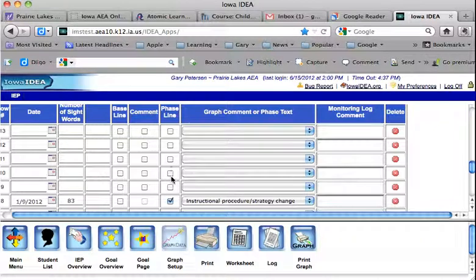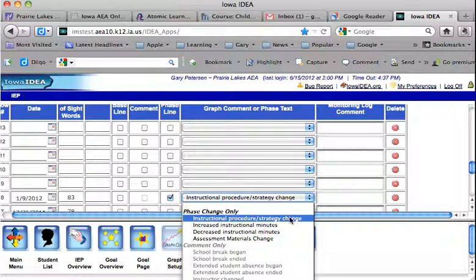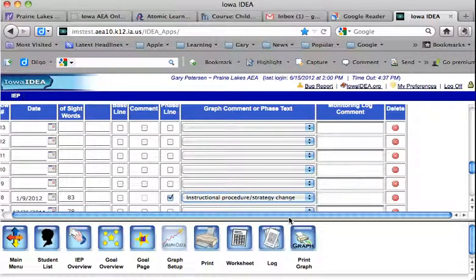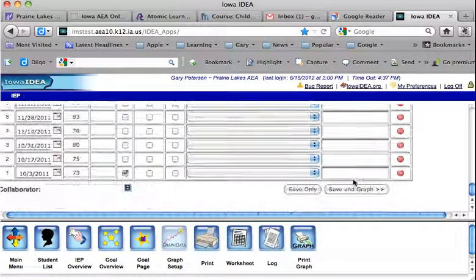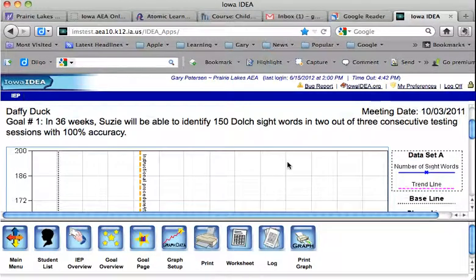If you get to a point where your instruction needs to change, we can enter a phase line. Again, the checkbox needs to be checked, and then a drop-down menu, as you can see here, occurs as to what you changed instructionally. For this particular case, we're going to change the instructional strategy. Once you've completed that, you hit Save and Graph,